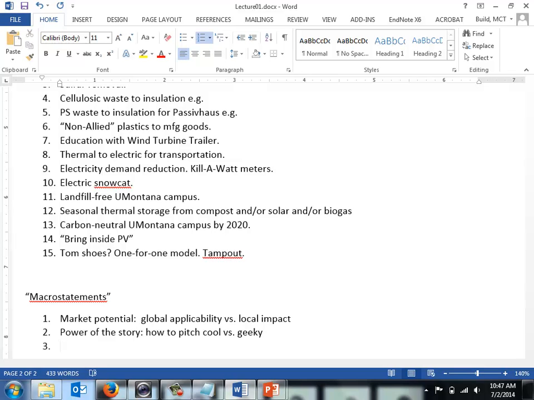And then the ability to really build a business model around it. Sometimes some of these things are a little project-ish, and it's cool that they did it, but you're not quite sure what you do with it now that they've done it. So which of these has real potential, where you could create a business model that means you could scale it up and sell it and deliver it?